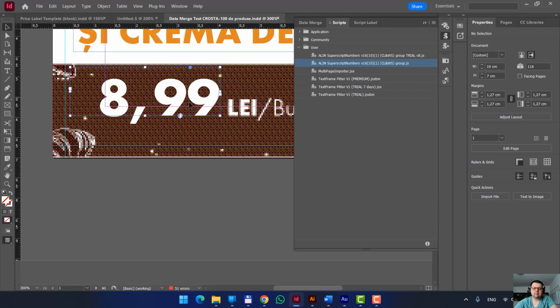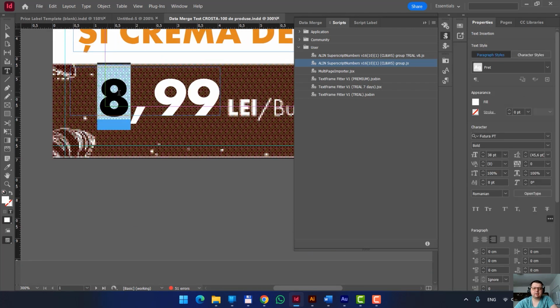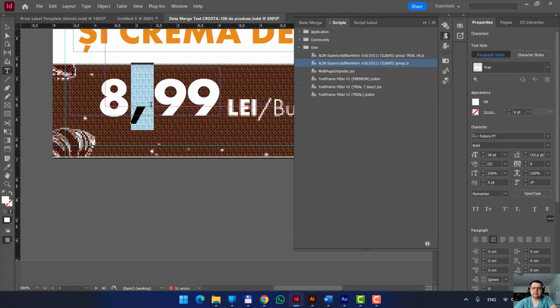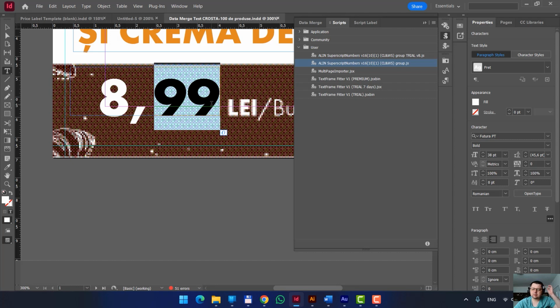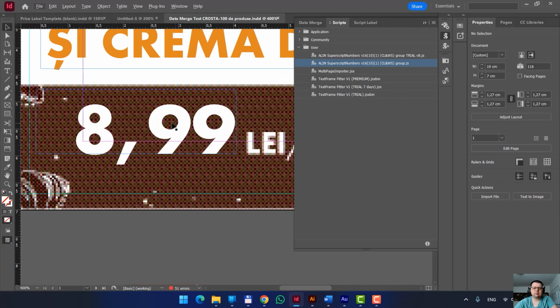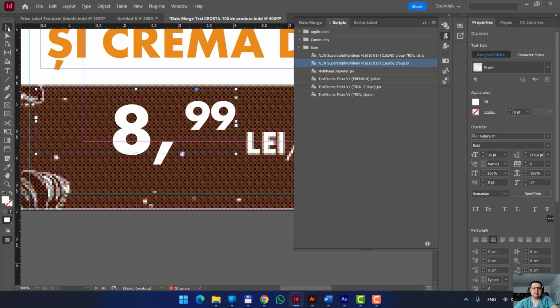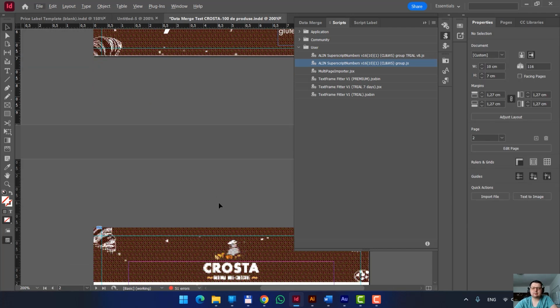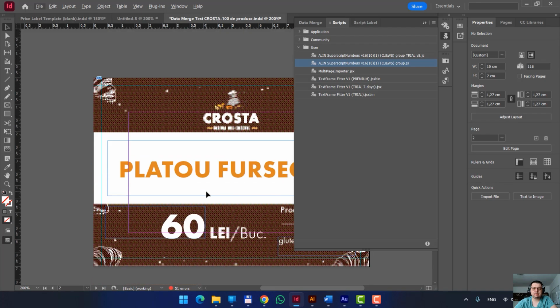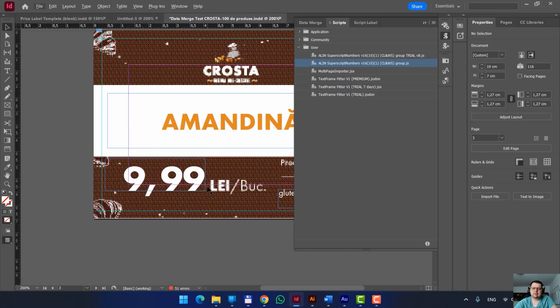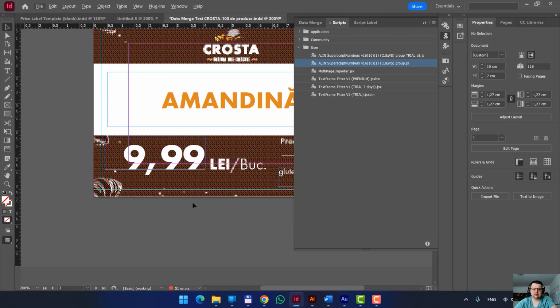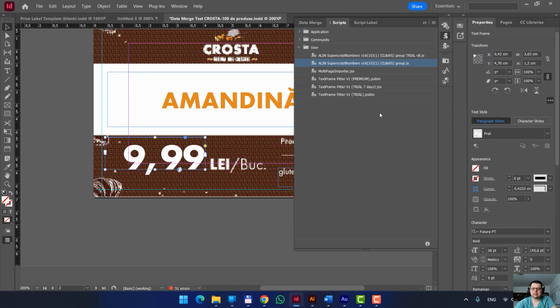You see that you have numbers in this form. You have the main number, which here is 8, and after that you have a decimal separator, which is a comma. And here you have what you want to make superscript. So what you want to do is to select only 99 in this case, and go here and make it superscript like this. But if you have hundreds or thousands of prices like this, it's very tedious to do this manually. So you download my script, and all you have to do, let's select this text,